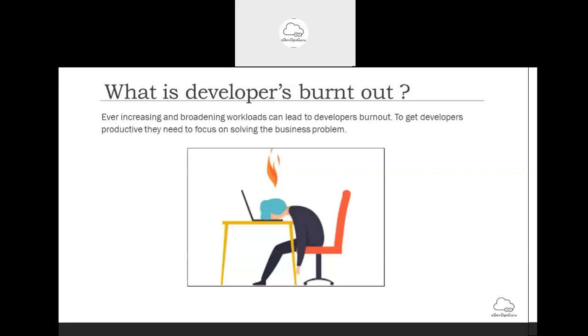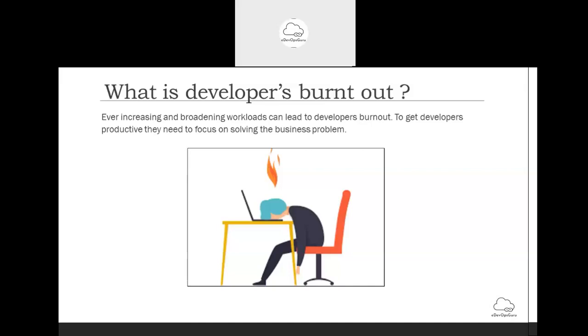an ever-increasing and broadening workload can lead to developers' burnout. If I say this statement, what happens normally, being a Java developer, I have to develop a piece of Java code. But normally, that is just 20% of my day-to-day job, and I have to do many other jobs to write that 20%.